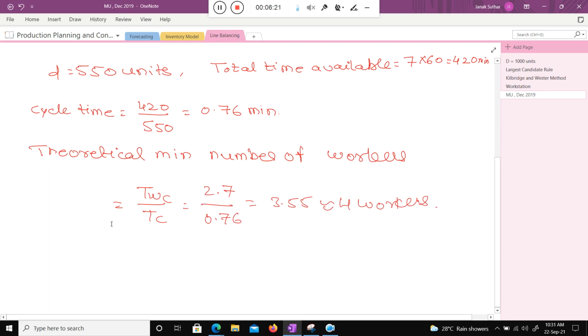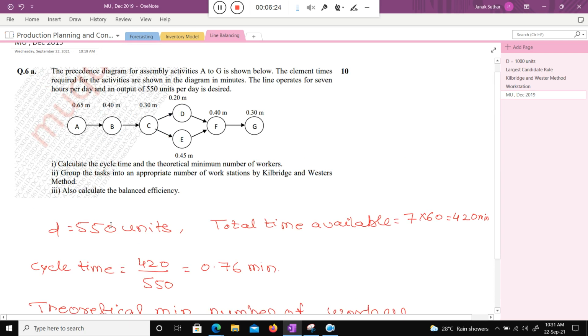This is the simple way to calculate the cycle time and the theoretical minimum number of workers. The next point is to group the tasks into the appropriate number of workstations using the Kilbridge-Wester method. In our previous lecture we discussed what the Kilbridge-Wester method is. Now we try to allocate the work elements into workstations.